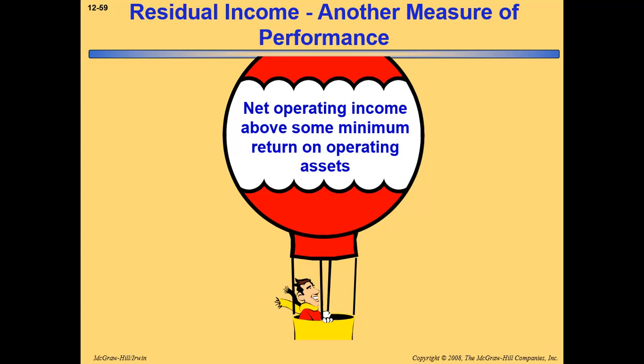এই পারফরম্যান্স মেজারমেন্ট টেকনিকটা অনেকটা সিমিলার ROI এর মতোই। কিভাবে আমরা ক্যালকুলেট করি? নেট অপারেটিং ইনকাম অ্যাবভ সাম মিনিমাম রিটার্ন অন অপারেটিং অ্যাসেট, অর্থাৎ নেট অপারেটিং ইনকাম থেকে উইল ডিডাক্ট রিটার্ন অন অপারেটিং অ্যাসেট। অর্থাৎ অপারেটিং অ্যাসেট আমরা অলরেডি জেনেছি অ্যাভারেজ অপারেটিং অ্যাসেট, সেই অ্যাভারেজ অপারেটিং অ্যাসেটের উপর একটা ইন্টারেস্ট রেট আমরা ক্যালকুলেট করব, যে এই টাকা ইনভেস্ট আমরা করেছি, এই টাকার উপর মিনিমাম এই টাকাটা অবশ্যই আমাদেরকে রিটার্ন হিসেবে আনতে হবে। সো আফটার দ্যাট ইফ উই হ্যাভ এনিথিং, দেন উই কল ইট অ্যাজ এ রিসাইডুয়াল ইনকাম।